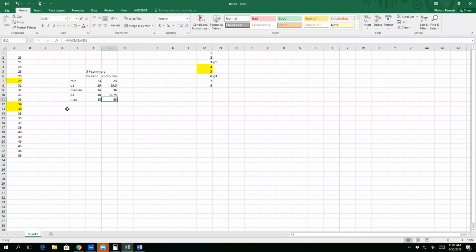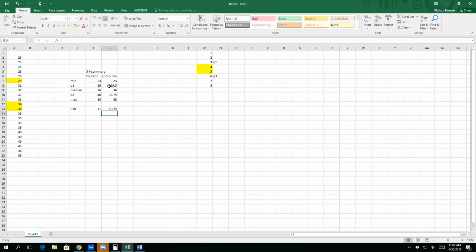Now, you don't have to remember this, but here's what we're going to do. I don't know what version of Excel I have on here. Before I do that, I want date, open, high, low, close. Before I do that, I need to figure out my fences, right? How do I find my fences? I need to figure out my IQR, right? What's my IQR? Q3 minus Q1. So in this case, it's 39.75 minus 29.5,